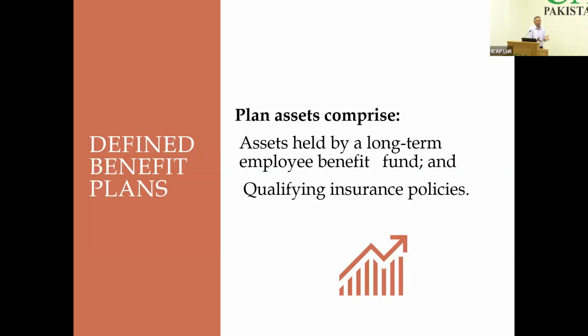It's an asset, because that will be used to make payment against the defined benefit liability, which it has already recognized in the form of current service cost, unwinding of the opening balance of defined benefit liability, and past service cost. So there is a gross balance of defined benefit liability appearing in the employer's balance sheet, and there is also a contribution being made by the employer and the employee in a fund that will be called a plan asset, which will be used to make payment to the employees when an